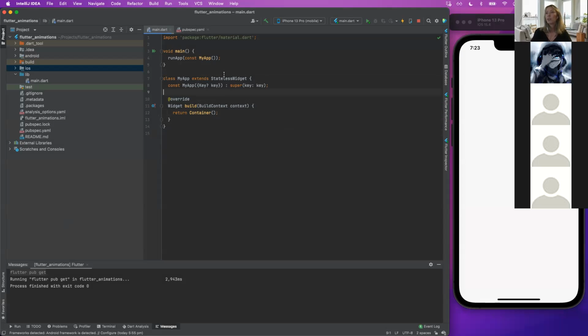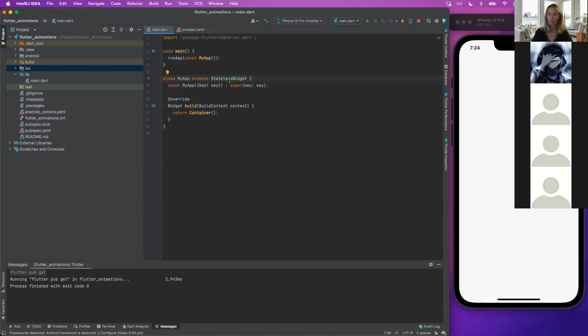So as you can see, I am starting basically from scratch. This is just a simple entry point to the Flutter application. This is this method called runApp that is basically running our application. And this runApp takes a widget as a parameter. And we're going to start with just a simple MyApp widget, that is the stateless widget. So this is the widget that I've told before that it doesn't have any state.